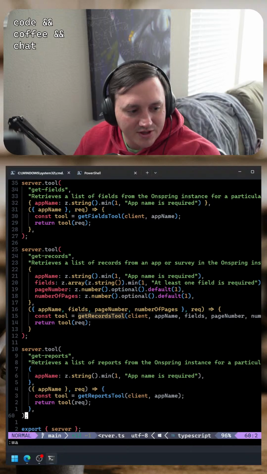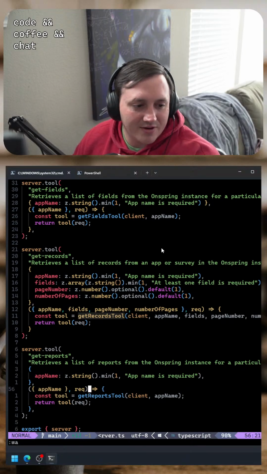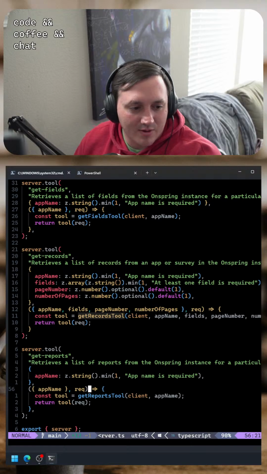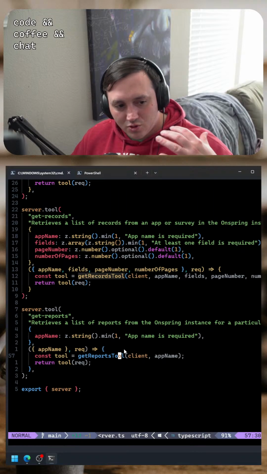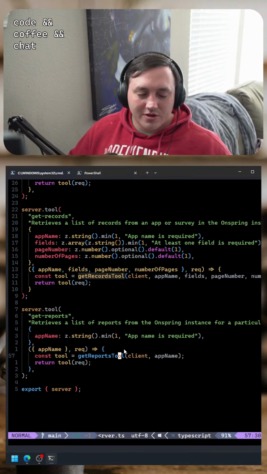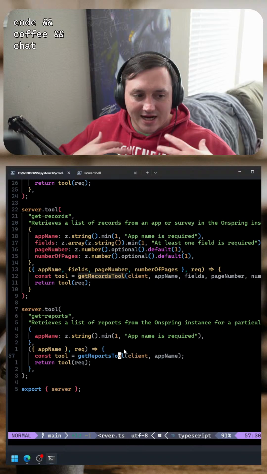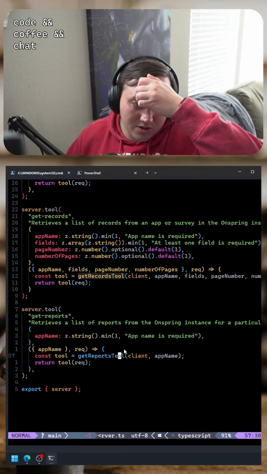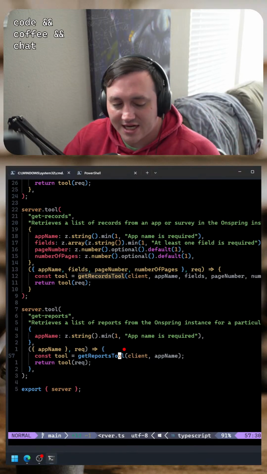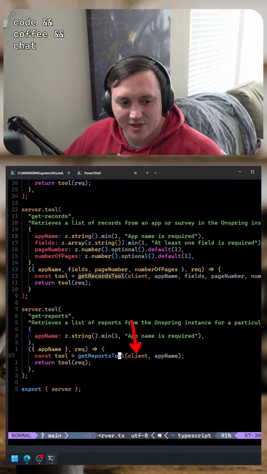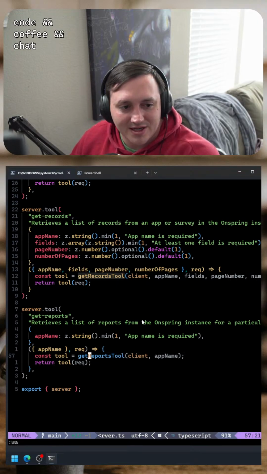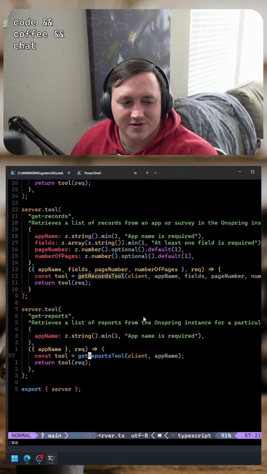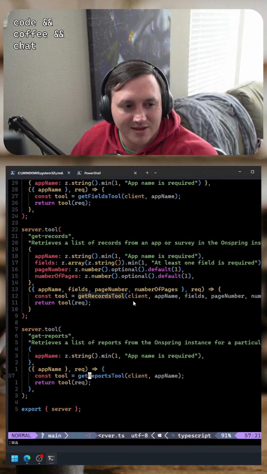Which I'm still not sure is the right pattern. What I'm basically doing to make this testable is I have a get reports tool that returns me the tool so that in my test code I can validate the logic of the tool. And I can also inject in a client so I can mock the client behavior and do unit testing. I'm not sure if I like this pattern, but this is what I've come to at the moment. I probably need to look at other MCP servers to see what other people are doing to make their stuff testable.